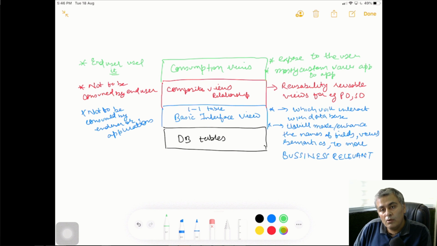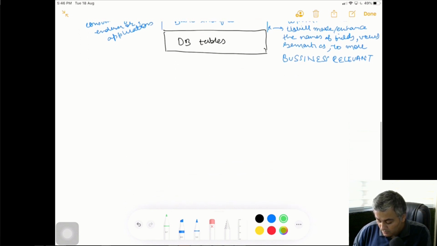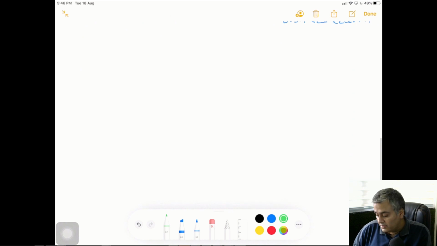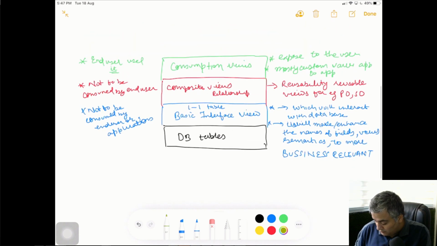So this is how overall the concept of those, from tables, from typical technical jargon tables to basic views to composite views to consumption views, that concept has come, right? I hope now it is pretty clear why this thing has come, but I forgot to tell you one more thing,